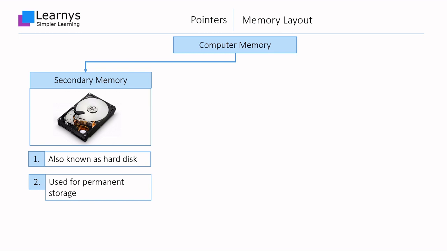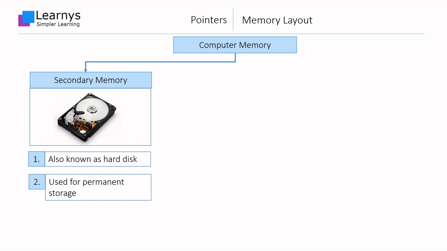The secondary memory, which is your hard disk, is used for permanent storage. This is the place where you keep all your stuff like videos, documents, and images. When you create a new C program file using any editor of your choice, the file gets created in the secondary memory. Every time you attempt to save changes made to your file, it gets saved in the file created earlier, which is residing in your secondary memory.